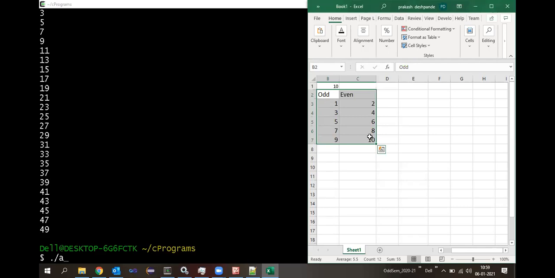Do not send the output to me through WhatsApp. Please do not send it to me. If you have done the program and you are getting the output like this, then in the next class you tell me, and on that particular day I will display your program over here. You can tell me the coding part, and then you can display it over here.